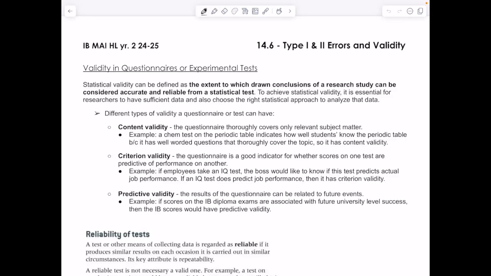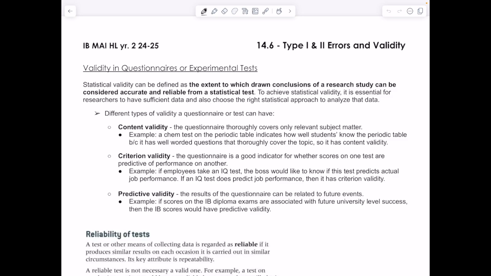Okay, we're going to be talking about specifically errors and how to calculate type 1 and type 2 errors, but also about validity in questionnaires or experimental tests. So statistical validity can be defined as the extent to which drawn conclusions of a research study can be